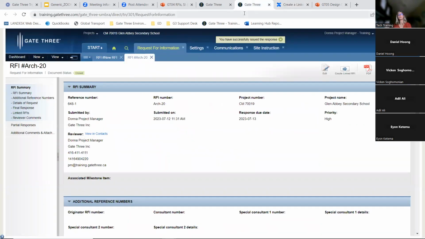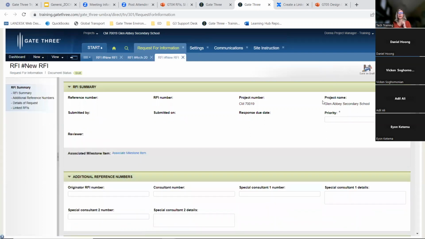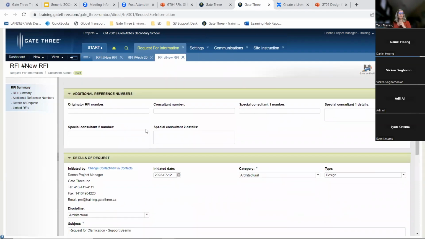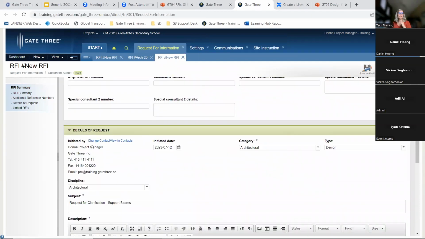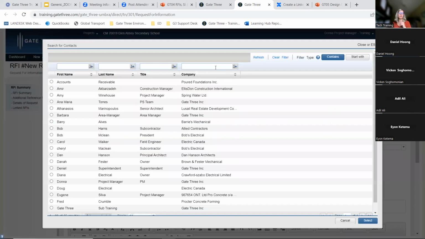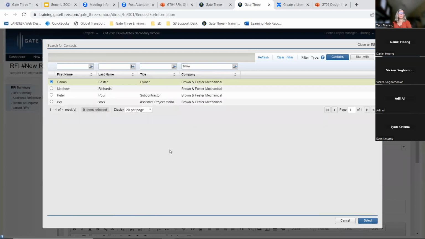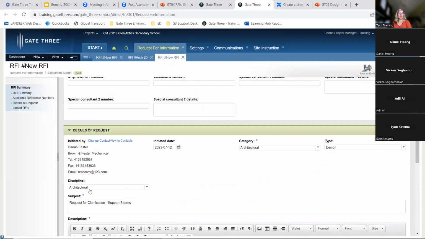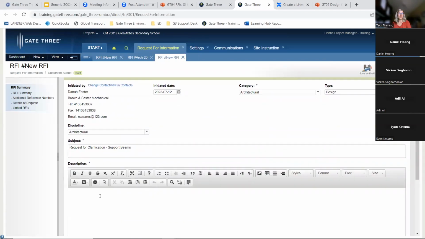So if you wanted to add onto this or reopen this, you would come into this original RFI and you'll see a button here that says create linked RFI. Click on that. And again, priority level, we'll just put medium. Again, any additional reference numbers, I will leave this. Actually, I'll change this. So let's say it was Brown Investor again. I'll leave that. So that's good. So it pulls in all this information already, but you can change it. And then you can add. Okay, so